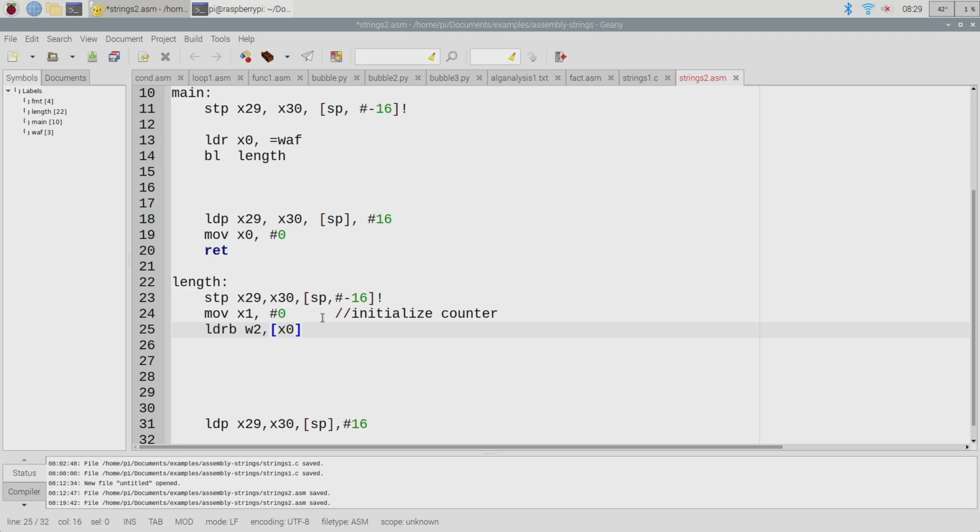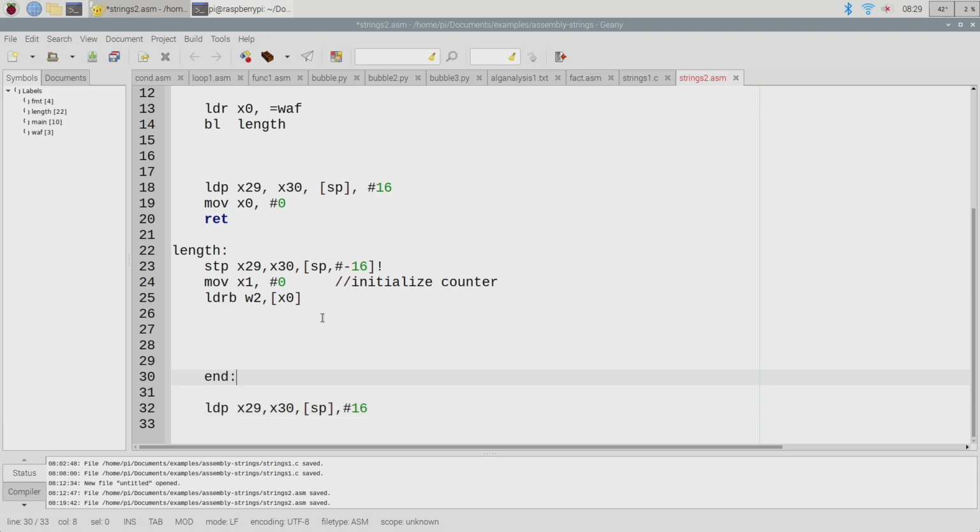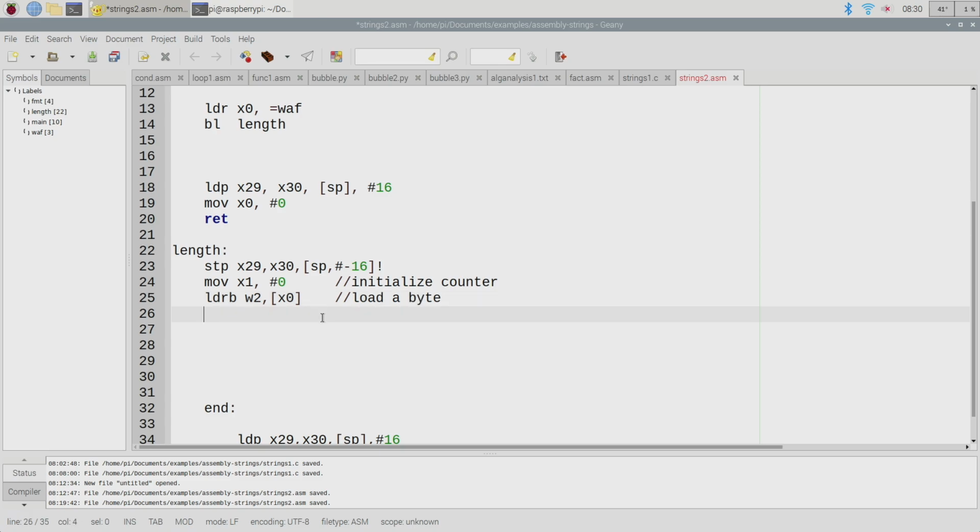Okay, now, once I have that, what do I want to do? Okay, so let me go down here and let me make an end thing, for reasons that'll become clear in a minute. Okay, so I've loaded in a byte. Now I need to do a comparison. I need to say, is this byte equal to the byte 00? Okay, it either is or it isn't. And why do I care about 00? Well, because that's the null terminator, right? We're still working with the string. Okay, good. All right, so